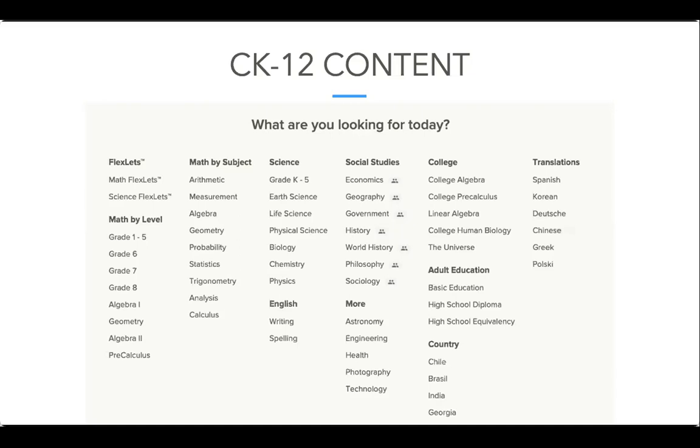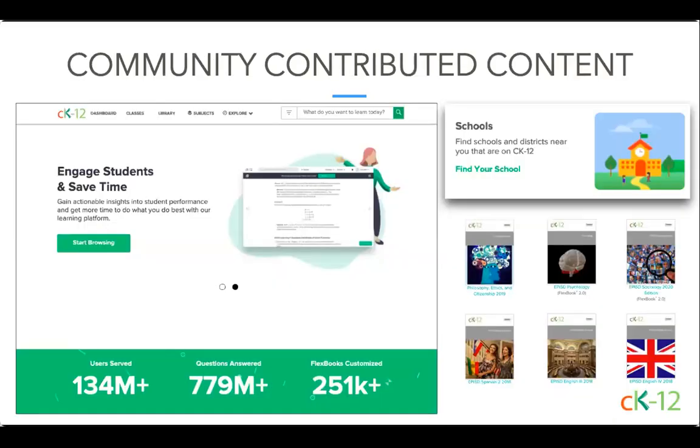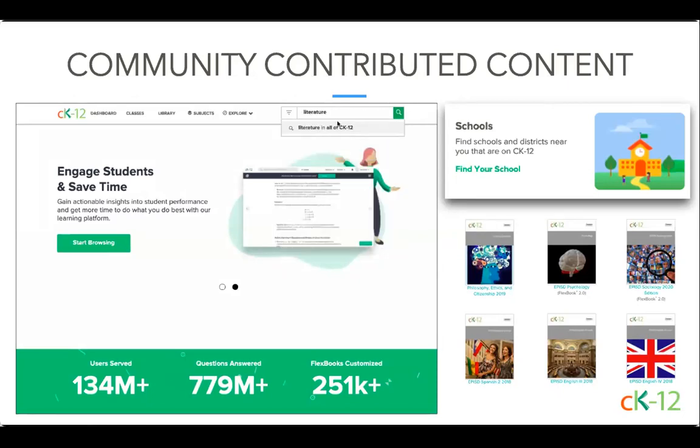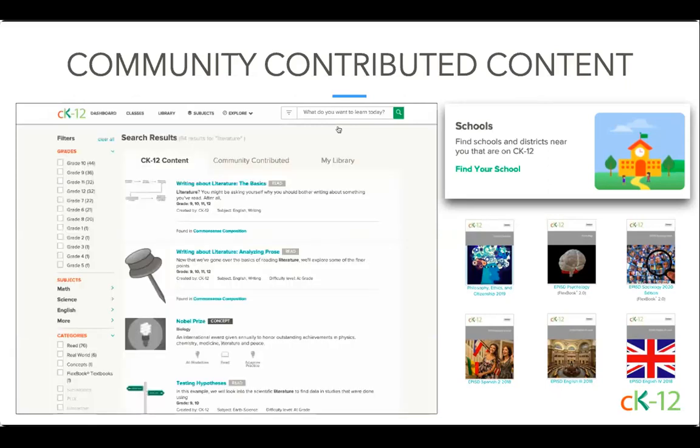Now, all of the resources on CK12 can certainly be used as is, or you can customize the content to meet the needs and standards of your community. We actually have an entire section of our site that is dedicated to sharing the content our users customize and create. Like Laramie just said, while CK12 only offers a few Flexbooks in the area of language arts, for instance,